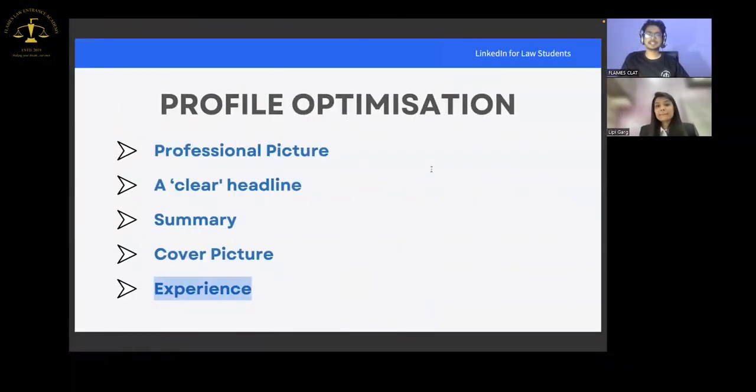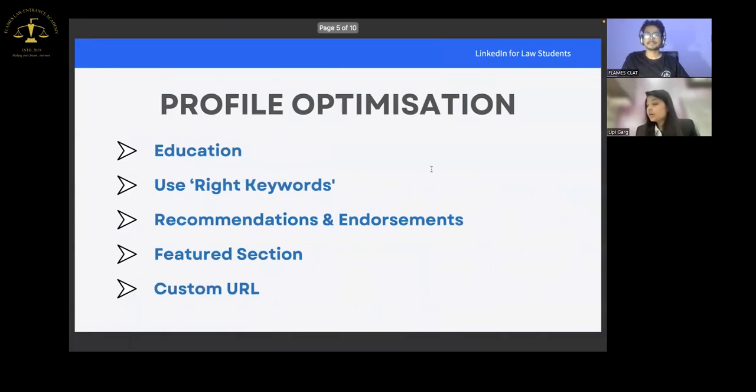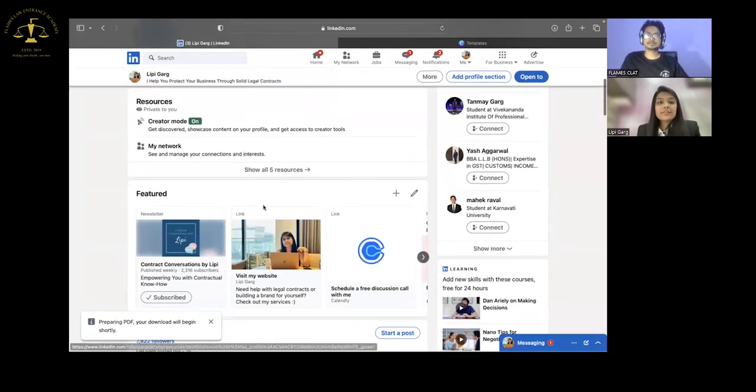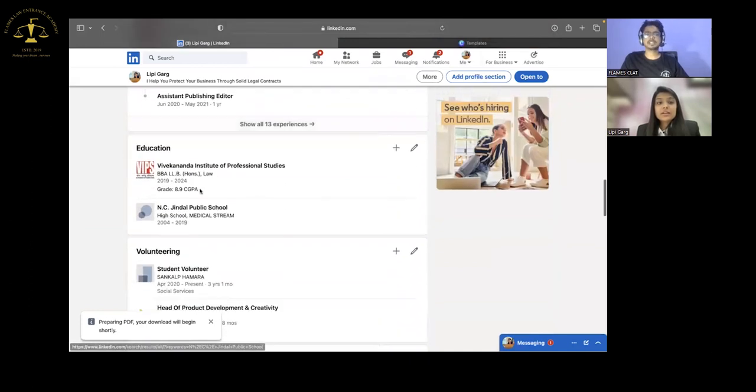What we have in the next slide, I'm really curious to see this. Cool. So next we have is education. Education, of course, all of you will have. Where you did your 10th, which college you are in, where you did your schooling, just that. So just update it. It will take you nothing here. This is the simplest section.